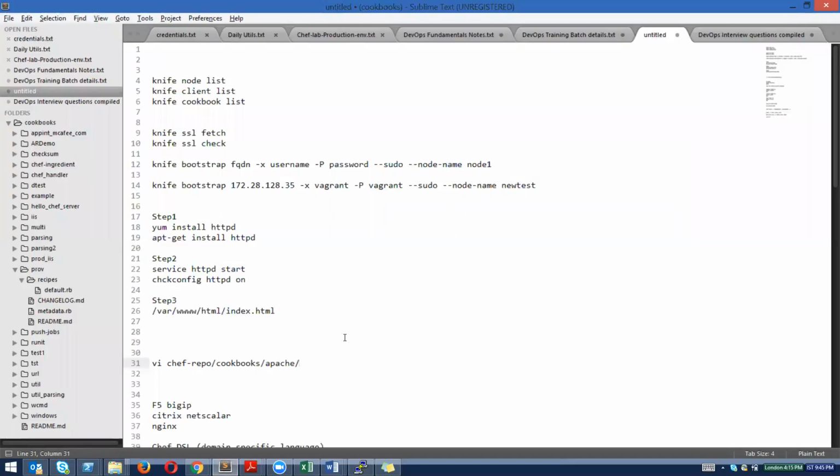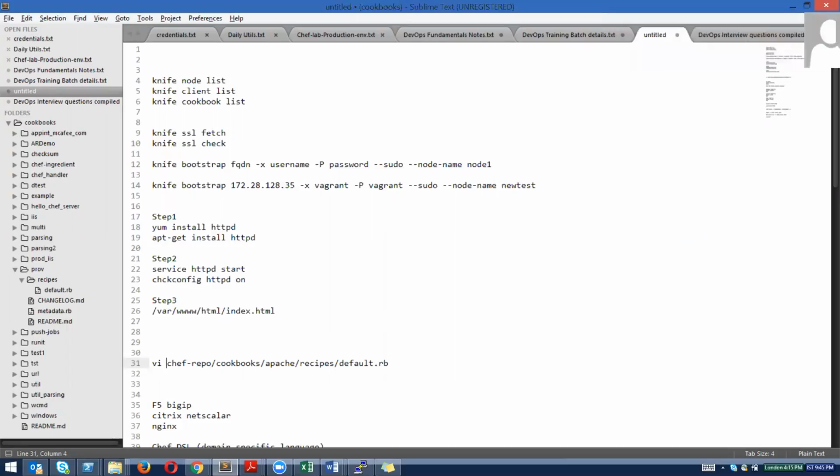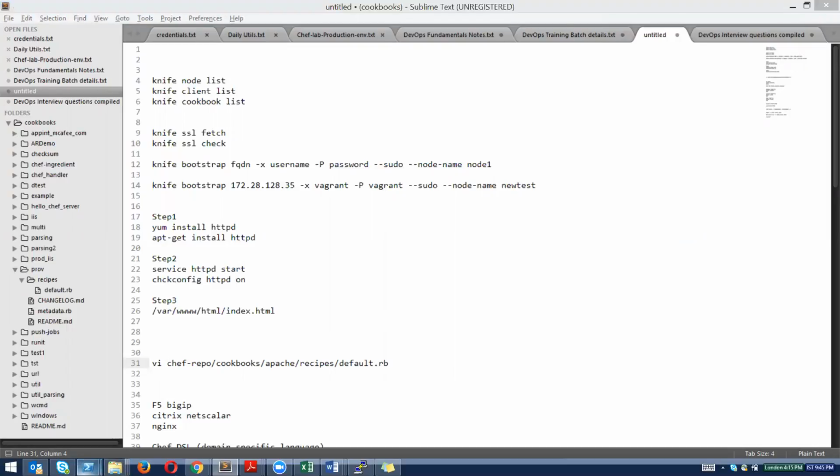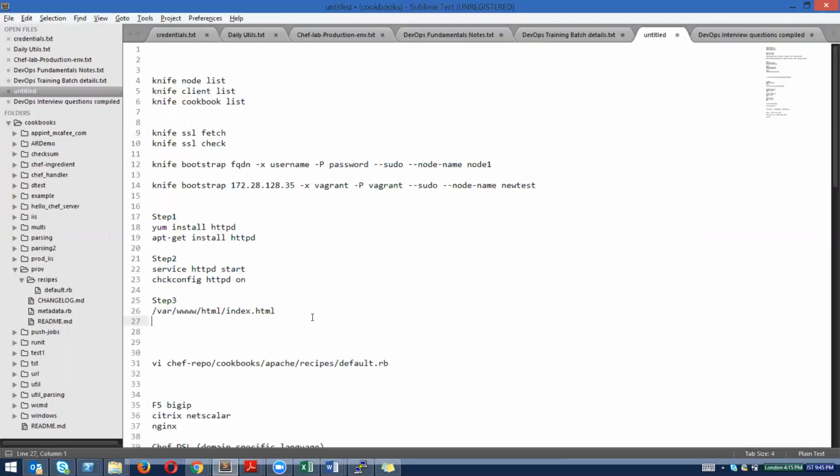Inside Apache, you go inside recipes, default.rb. This file. VI is your local editor on Linux, and if you do this, it will show an editor that helps you edit that file. Once you go inside the file, you need to edit it as per